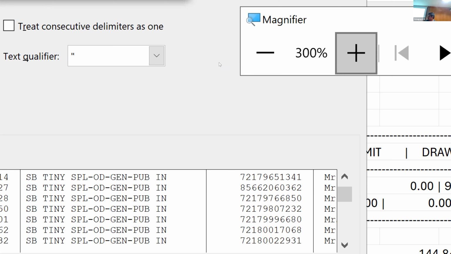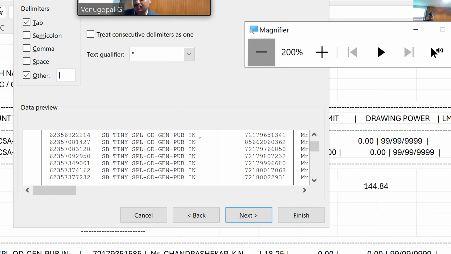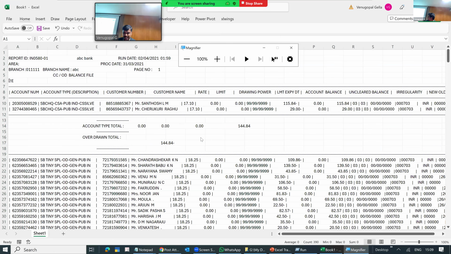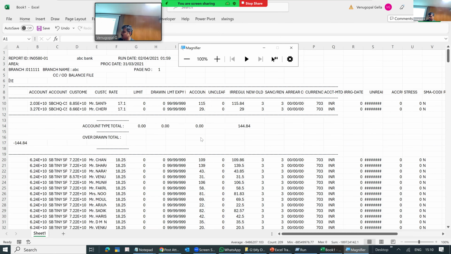So it has automatically split the data into columns. I'm just saying finish. So data has been split and it has come into the columns.